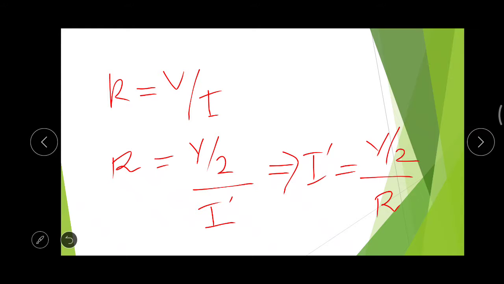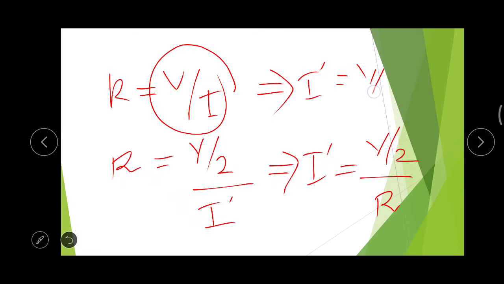R remains constant, so we have to substitute the R value, that is V by I. So implies I dash is equal to V by 2 divided by V by I. Okay, so V cancels and I will go to the numerator. So I dash will be equal to